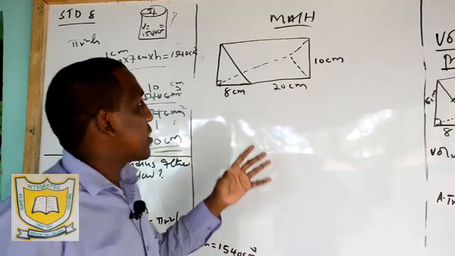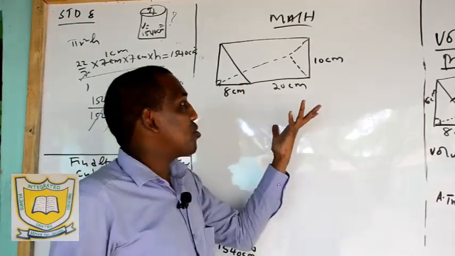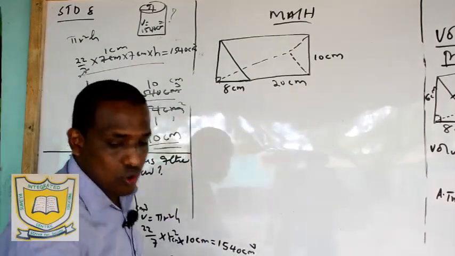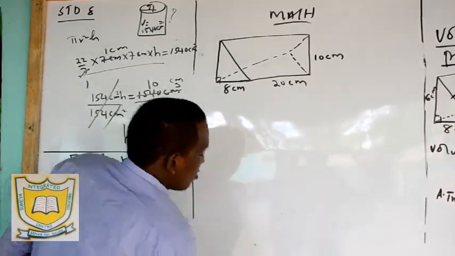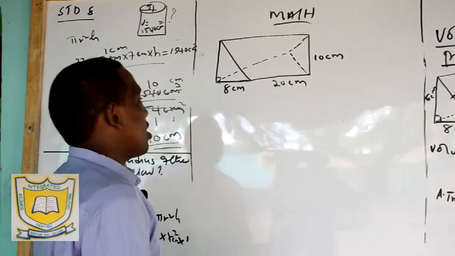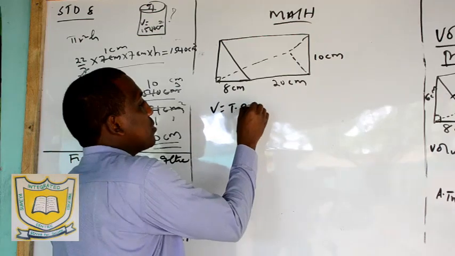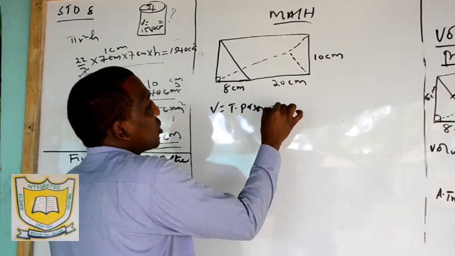Remember, there are some things that we are supposed to find first before we try to find the volume. How do we get the volume of this one? Remember we said volume of a triangular prism is equal to cross-sectional area